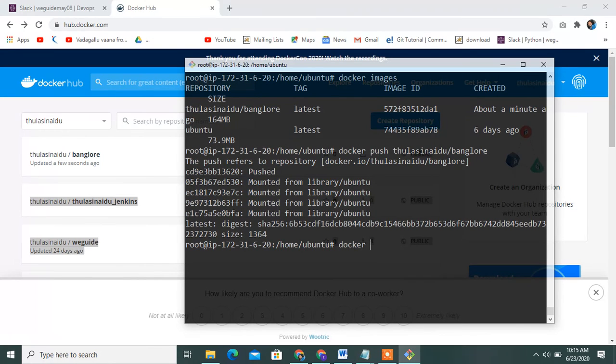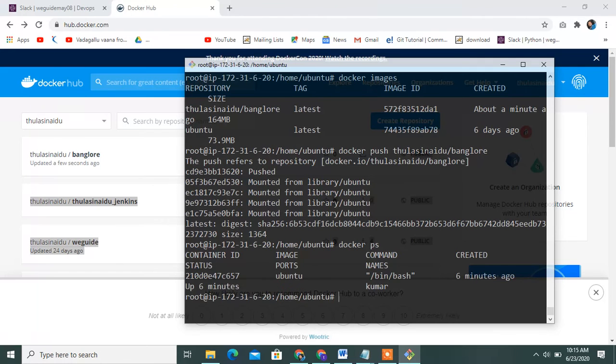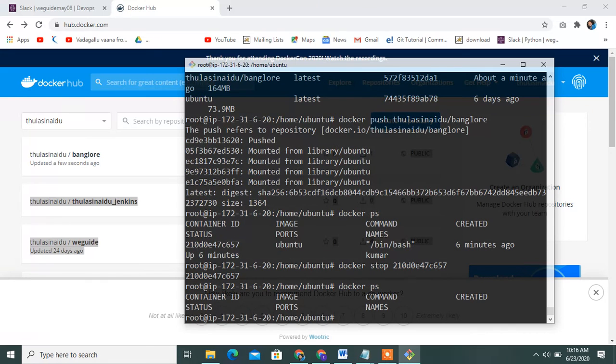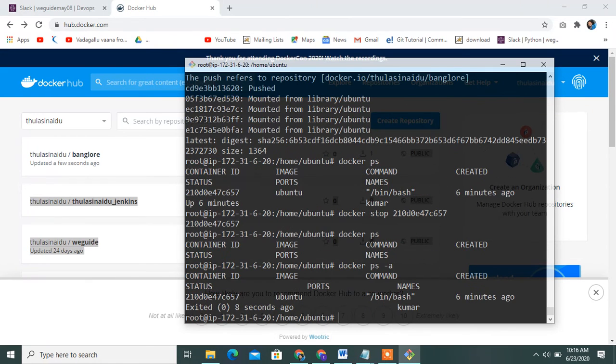See this, how to stop the container. Docker ps, docker ps -a.